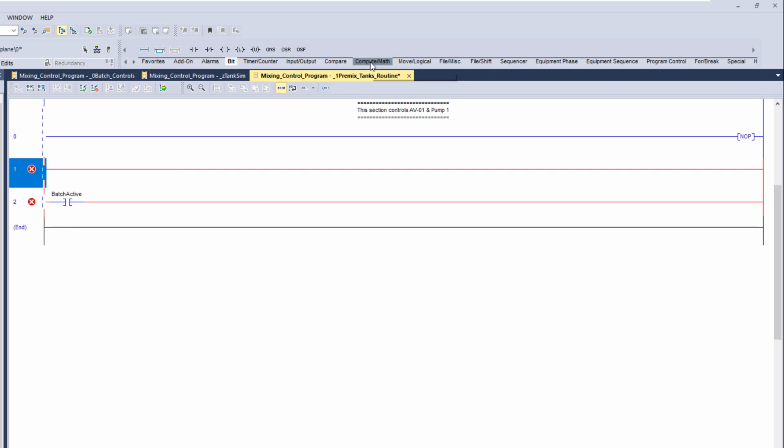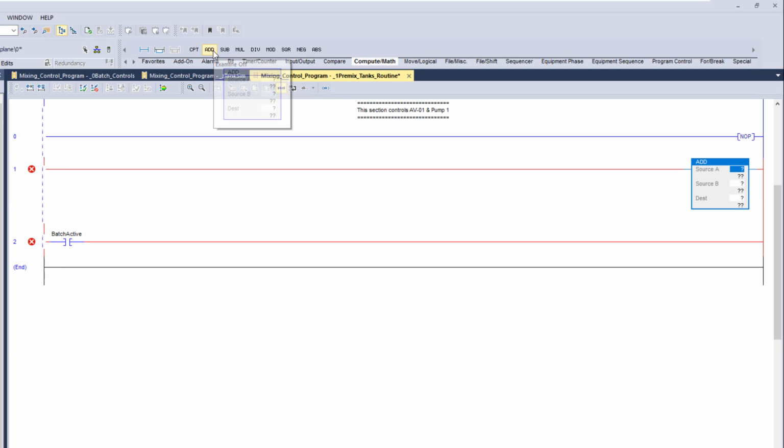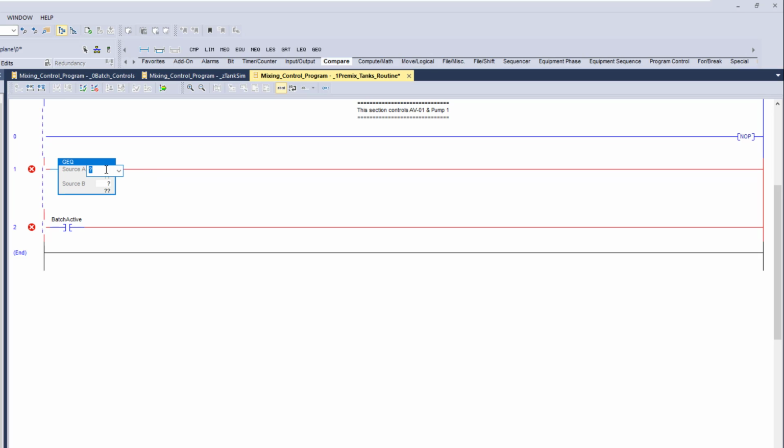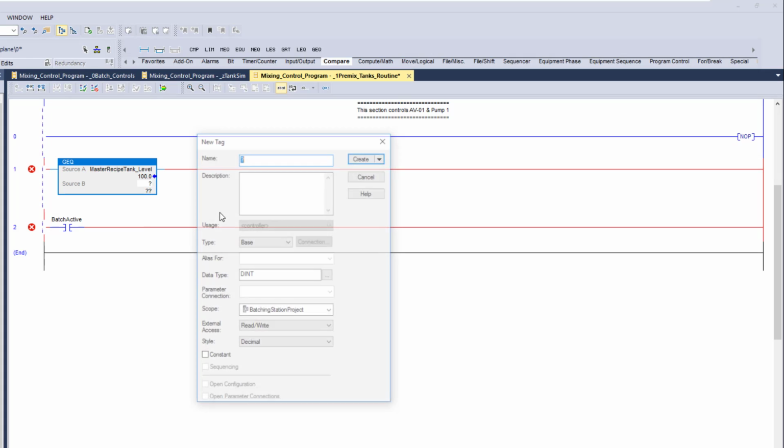To actually focus, right? So first, what I want to do is a small mathematical equation. I'm going to come in here and do add and subtract. I'm going to take this and, well, I tell you what, to keep this as simple as possible, let's not do that. Let's say that the tank level is not below a certain amount. So we'll compare it and we'll say not less than, or we'll say greater than or equal to. So we'll grab this and say tank level is greater than or equal to, and we'll come over here and say